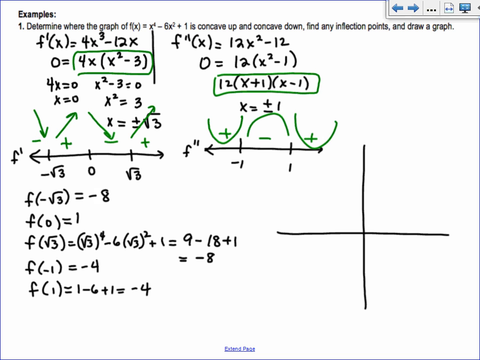Okay, so I'm going to have 0, 1. That's my first point. And that's going to be, we said that was a max. So sometimes I like to do like a little bump there. So I remember, okay, that's a max. All right, and then I have,